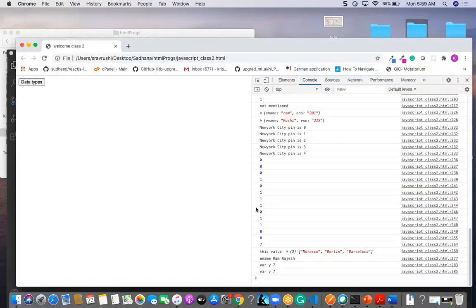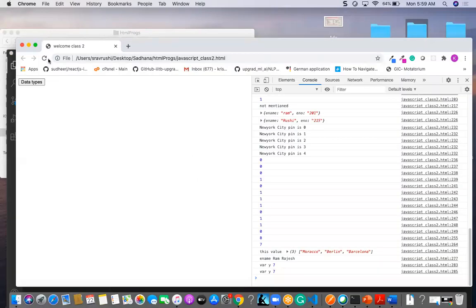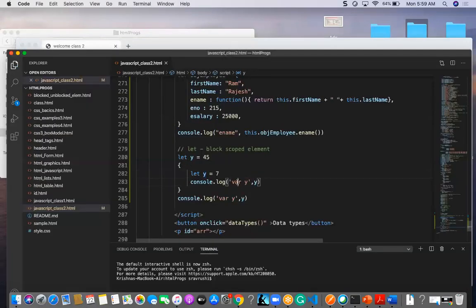So if I am going to use let here, now the scope will be different. Now inside this it is a let. Once it finds the end of the block scope, it will be ended.